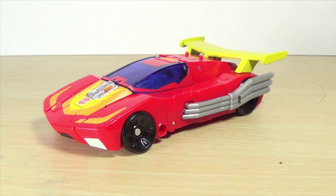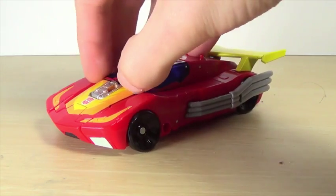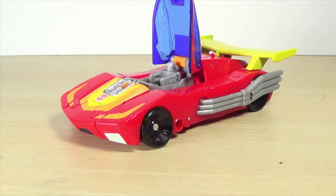As far as the Titan Master is concerned, you could plug the Titan Master on the top here, or if you combine the guns, you could plug the Titan Master onto the gun. But the main thing you could do with the Titan Master is open this up, and you've got a little spot for the Titan Master himself, which is very nice when you consider his introduction in Transformers Generation 1,